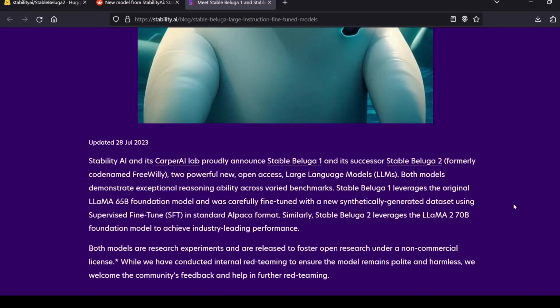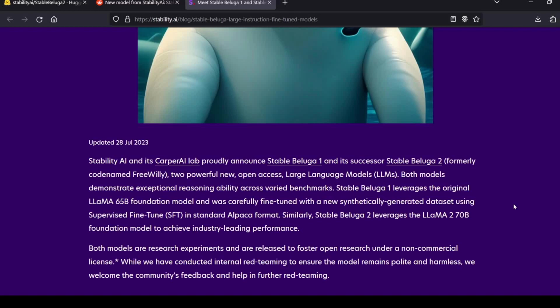Before we get into the benchmarking, let's talk a bit about the Stable Beluga models. Stable Beluga 1 is based on the Llama 65B foundation model, meticulously fine-tuned with a new synthetically generated dataset using supervised fine-tune (SFT) in standard alpaca format. On the other hand, Stable Beluga 2 leverages the Llama 2 70B foundation model, which has enabled it to achieve industry-leading